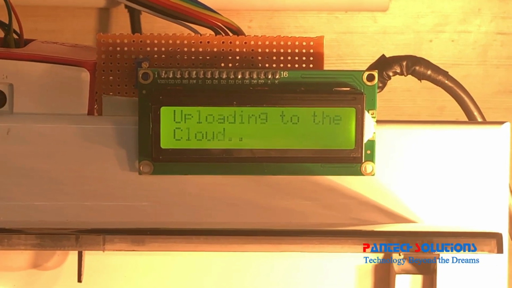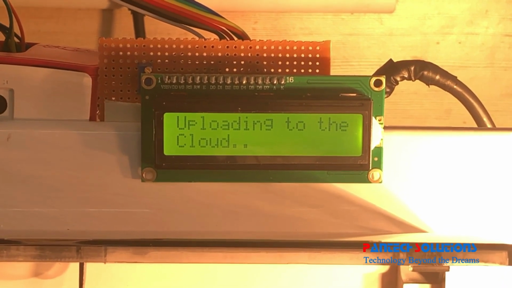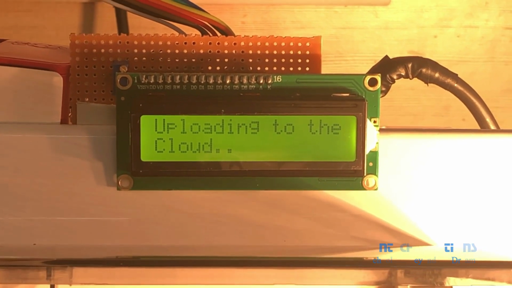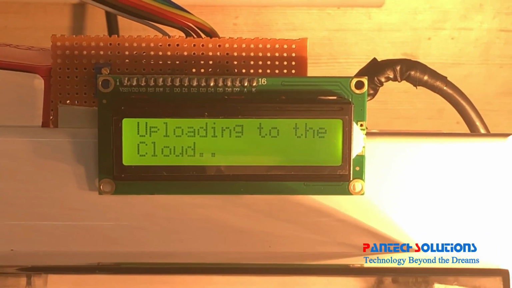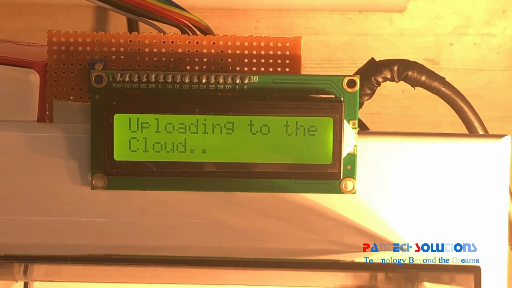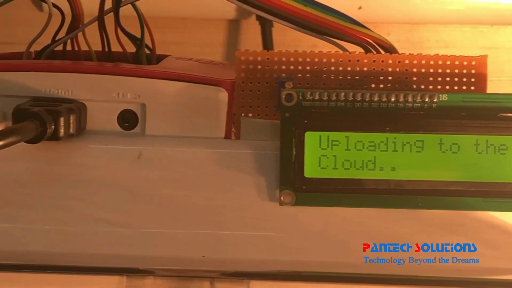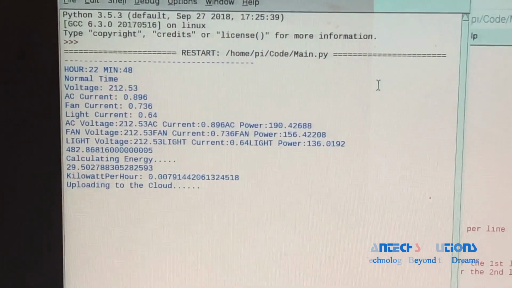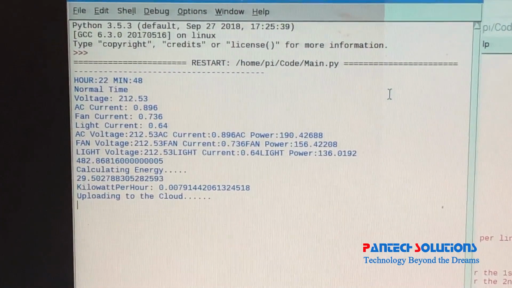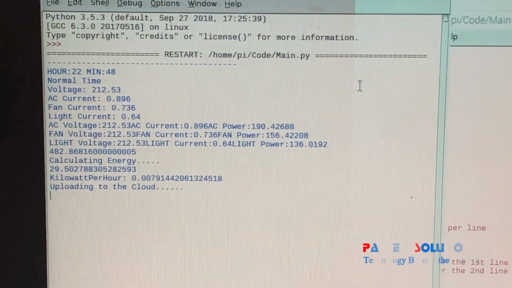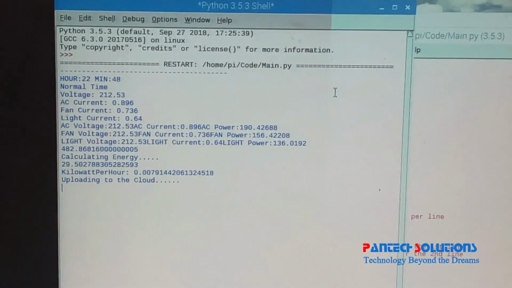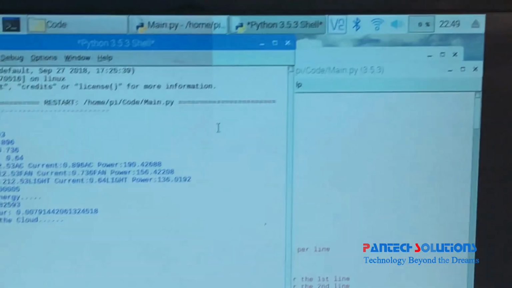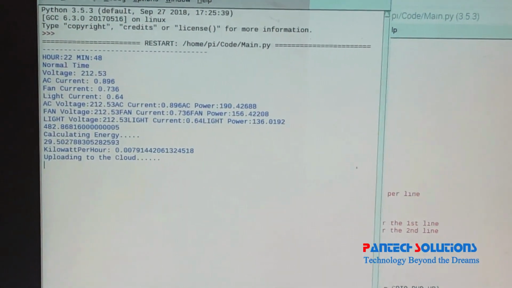After calculating current and voltage, it measures power, and after obtaining the power, it calculates energy in terms of kilowatt-hours. After obtaining those values, it uploads them to the cloud, so that we can see the values and the time at which they occurred. So it's uploading, and this is automatic mode. In the ThingSpeak account, we are seeing those values. So this is automatic mode. Now let's turn on the manual mode.